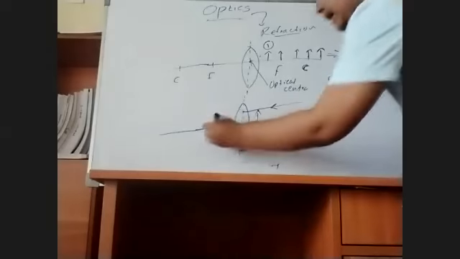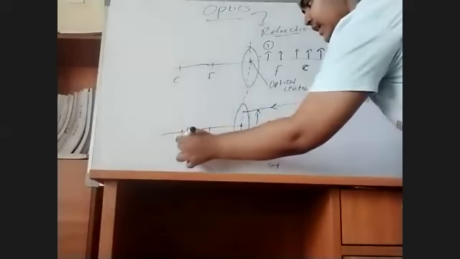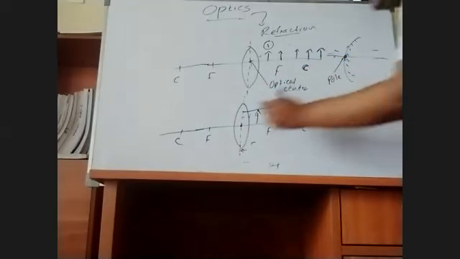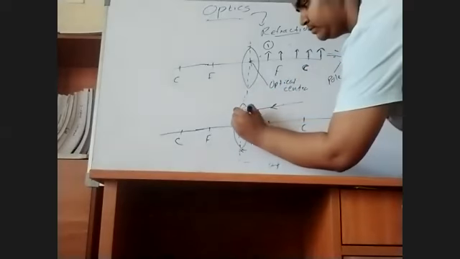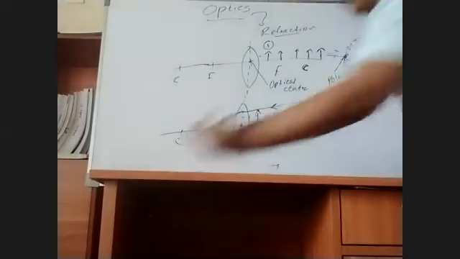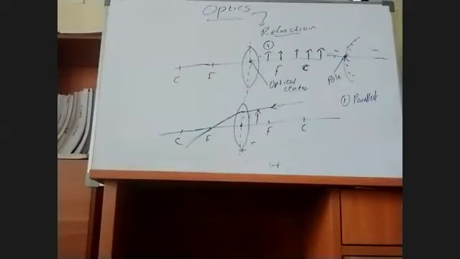So what will happen? If a ray pass parallel to the principal axis, according to the ray diagram laws, it should pass through the focal point. Okay, that is the first ray. This will refract and pass across the focal point. Then the second line, අපි second way එක විදියට අපි අඳින්නේ